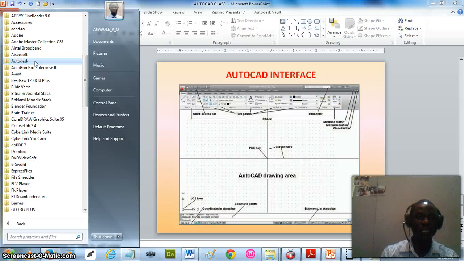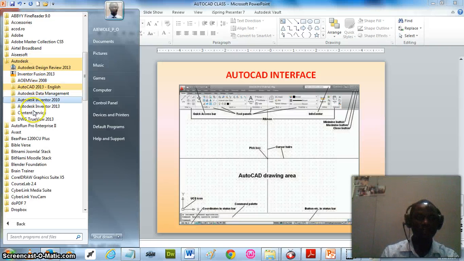When you click on this folder, all other software that are produced by Autodesk are usually put in this folder. Like you can see here, I have Autodesk Design Review, I have Inventor Fusion, I have AutoCAD 2013 English version, I have Inventor, I have DWG TrueView, Content Service, and every other thing there. But I need AutoCAD 2013 English. When you